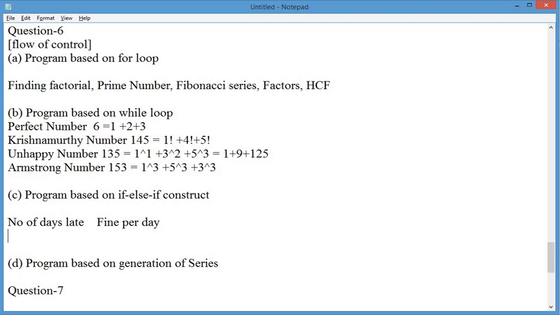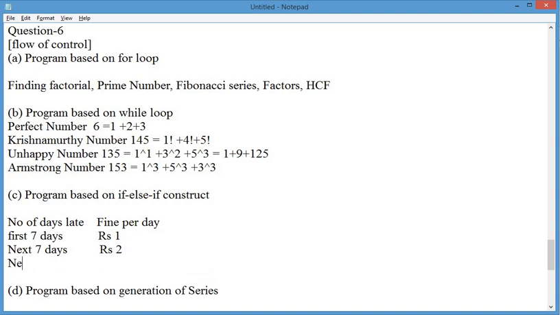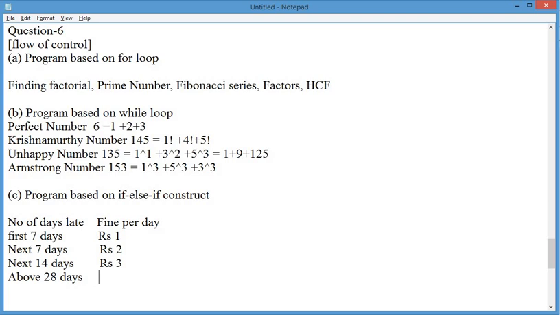The first 7 days are 1 rupee per day. Then the next 7 days are rupees 2, maybe the next 14 days are rupees 3, and for 28 days and above it is rupees 5 per day. So here you need a